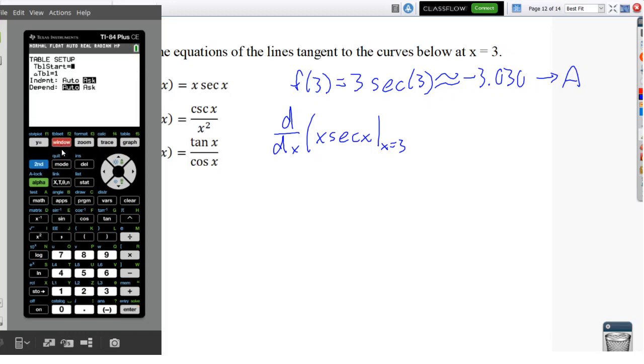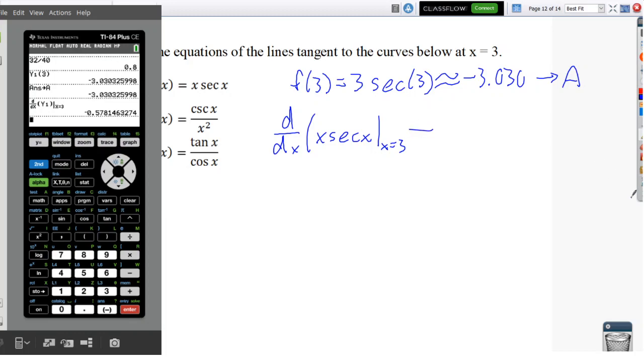Second window. Nope, not second window. My bad. Alpha window. And derive, d/dx of alpha trace y1 at x equals 3. And notice what I have typed in right here is identical to what I have written over here. All I have to do now is hit enter, and I can see that my derivative at that point is